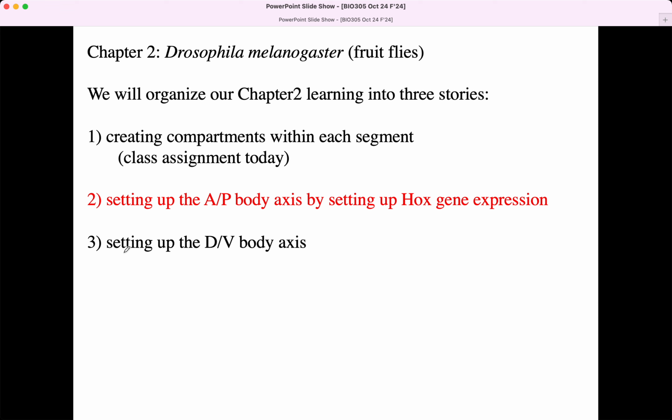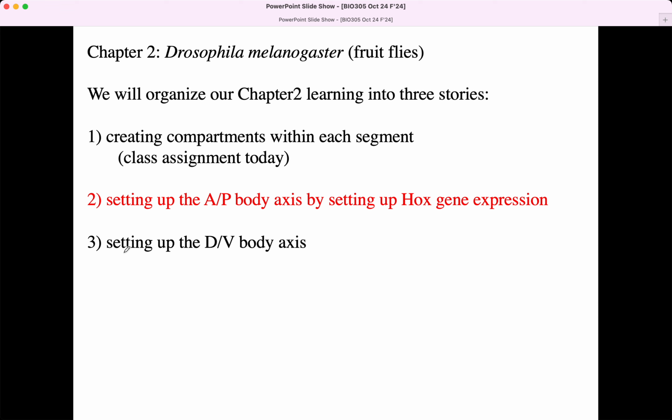So now here's the second story. And we can just look and see the second story is going to be about setting up the overall anterior or posterior axis. And then the third story is going to be set up the dorsal ventral axis. We do it very differently in our bodies